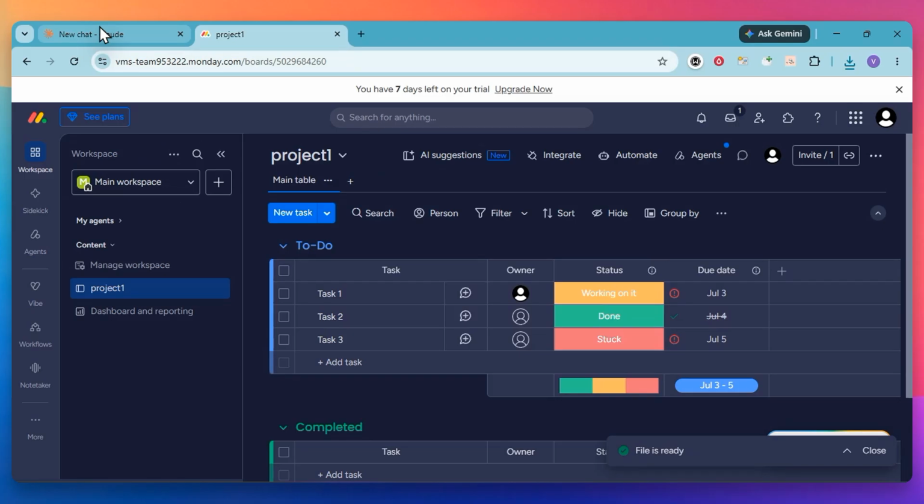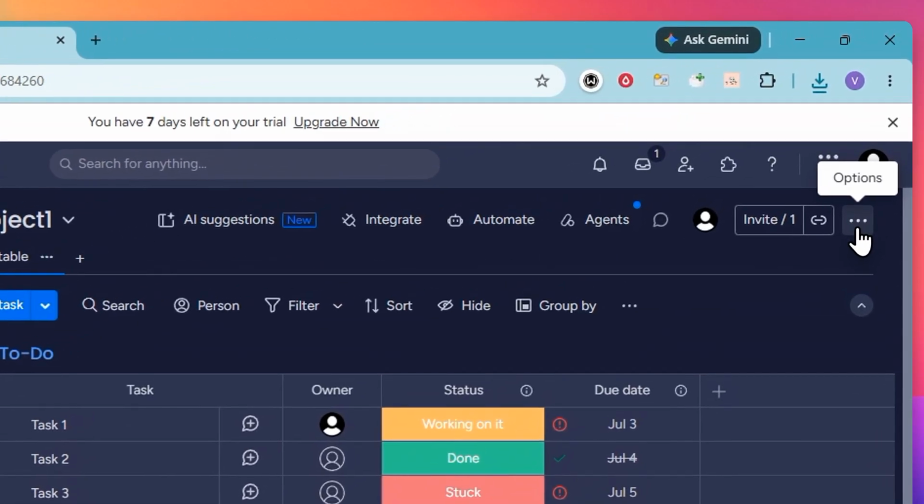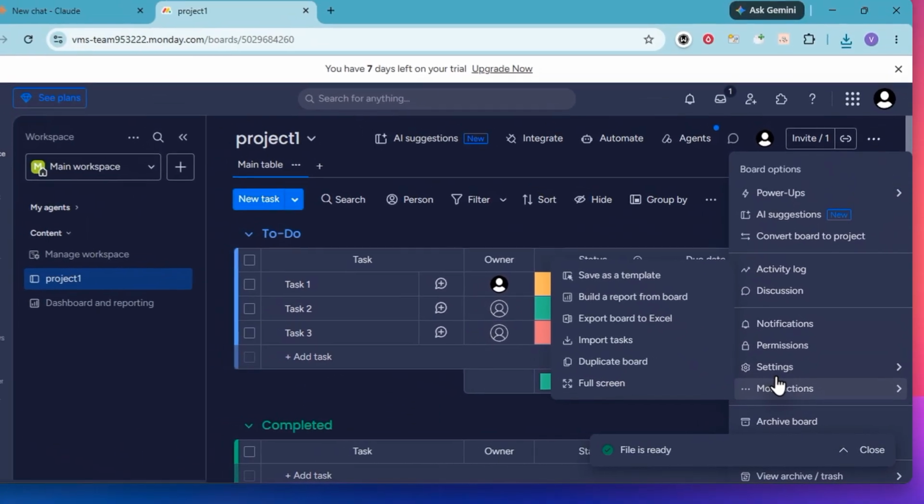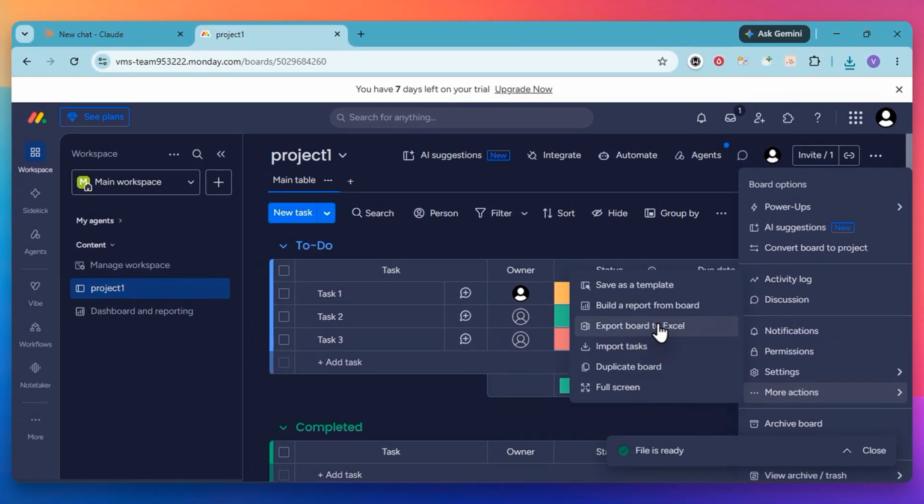The first step in this process is to prepare your data. Head over to your Monday.com sprint board and use the export feature to download your entire board as a spreadsheet. This file contains all the vital information about your task statuses, assigned team members, and story points that Claude will